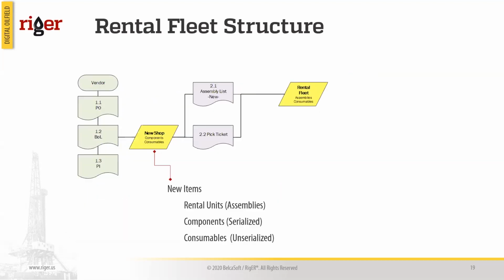So we can see two different types of rental units: the new units and the rental fleet. The new units, when we purchase them as in the standard configuration of RigER, from a purchase order, bill of lading, and purchase invoice, will go to the new shop. It does not need to be a new shop physically. However, it could be a part of the shop or storage where you can see very new, serialized items,